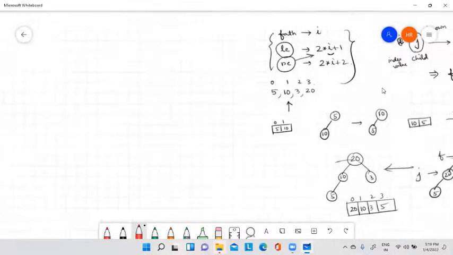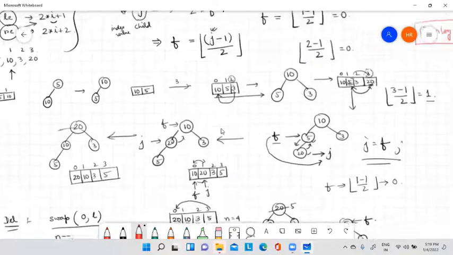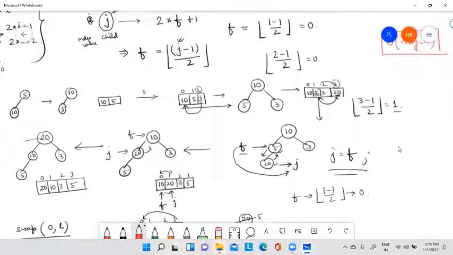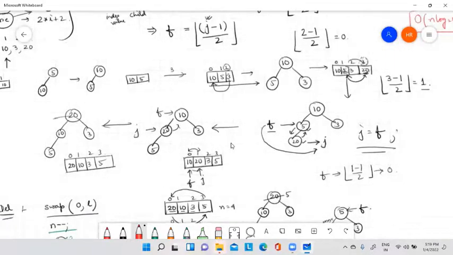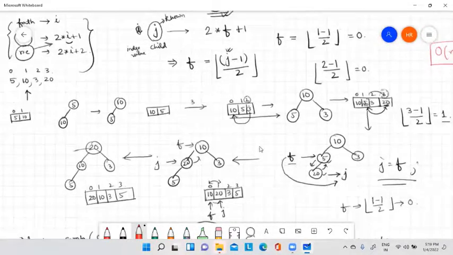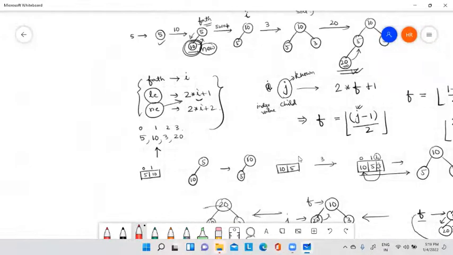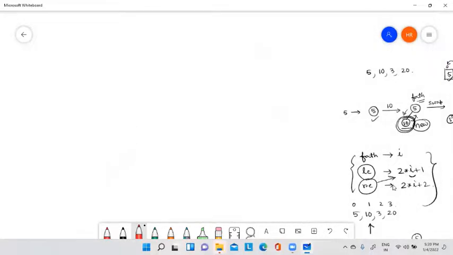I have already given you the idea of how to create and how to delete from heap using an array. So now, one assignment.